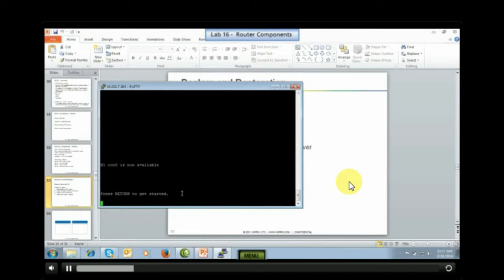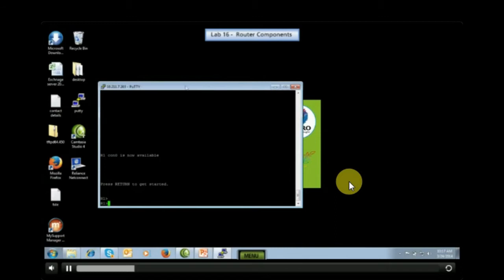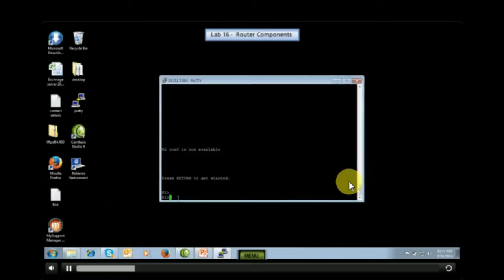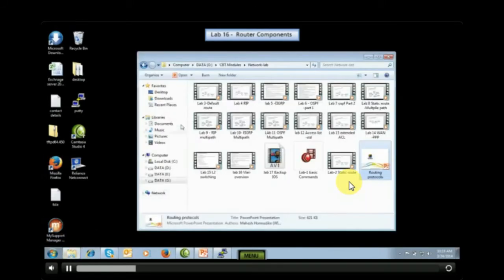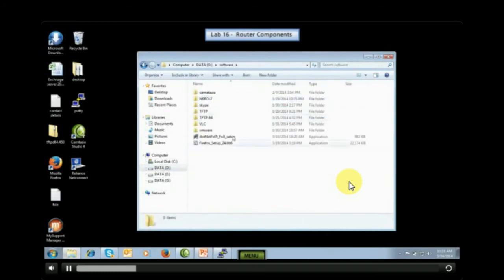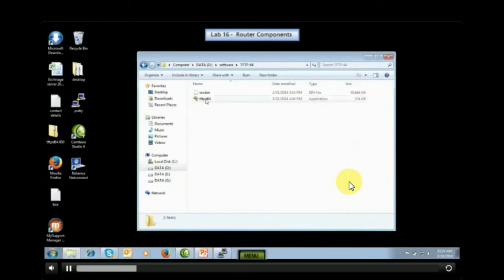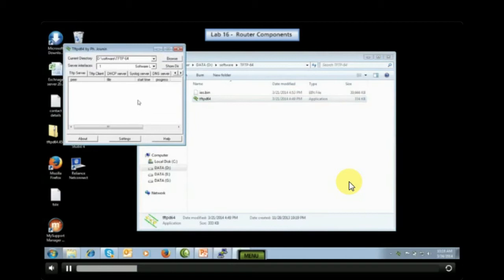For this, let me connect to the remote lab. Connected to the router R1. On router R1, I need to take the backup of the startup configuration. For that, I need to install the TFTP. I have already downloaded a TFTP server and kept it.